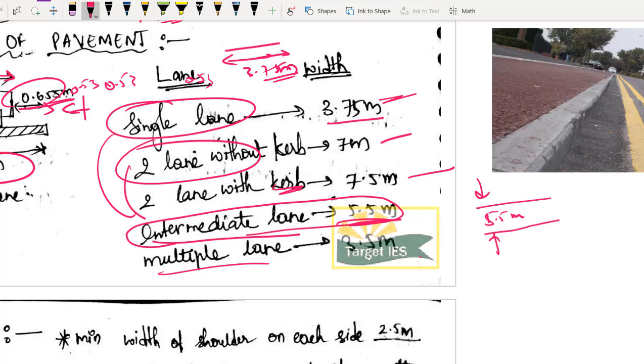I hope concept is clear for you. So it is used for both way traffic. Okay, I hope it is very clear, right? So both way traffic you can use it, but the distance is very less. You have to be careful. Speed becomes quite low. Generally you will see it on village roads and other district roads. I hope concept is perfect for you, right?